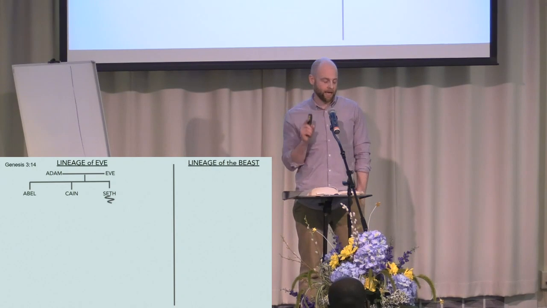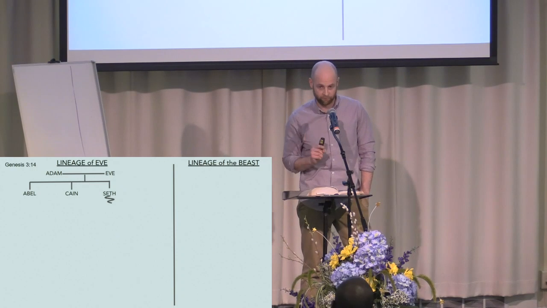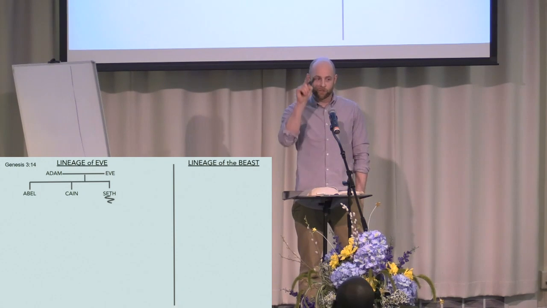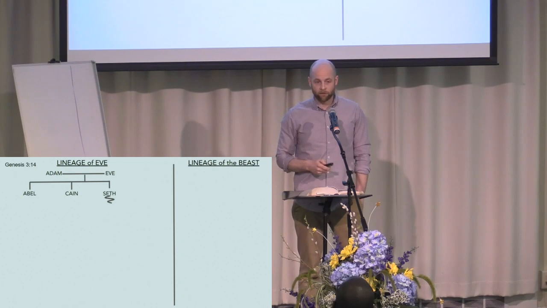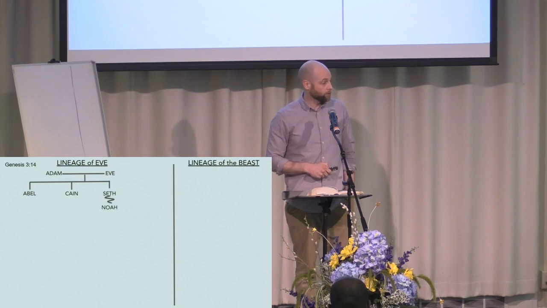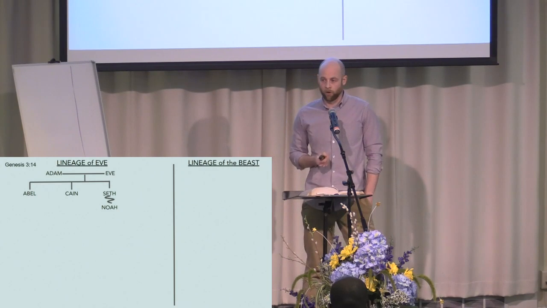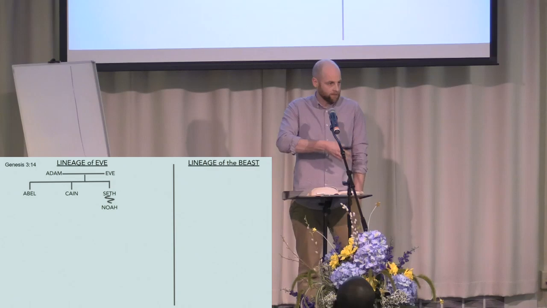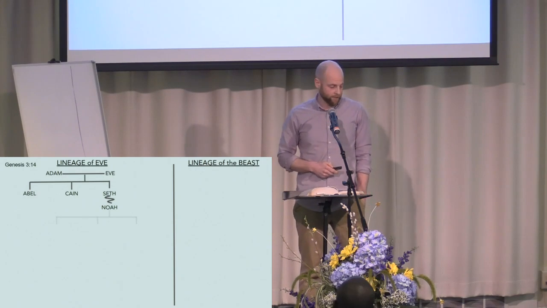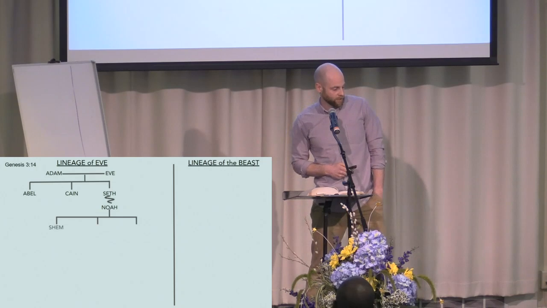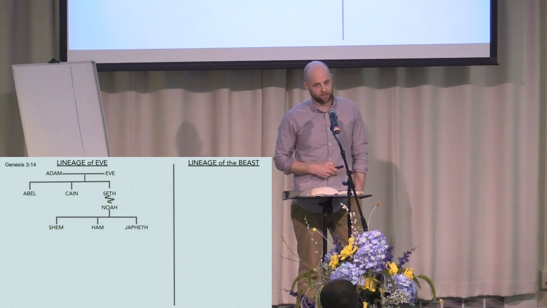Now, the squiggly line represents a bunch of generations. I'm not going to go through all of them because we don't have paper long enough. Squiggly line is many generations. Then we get to our next character. It's Noah. So we go Seth, squiggly line, Noah. The next kind of zoom in type of big story. Noah's got a couple kids. Shem, Ham, and Japheth.